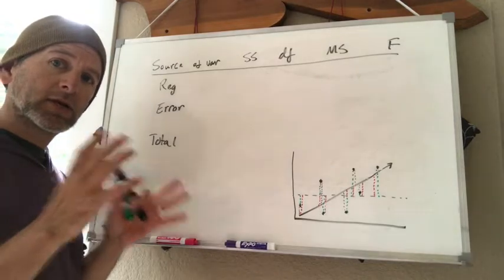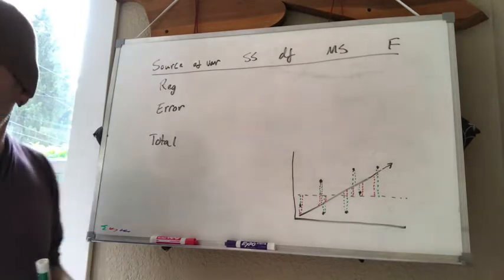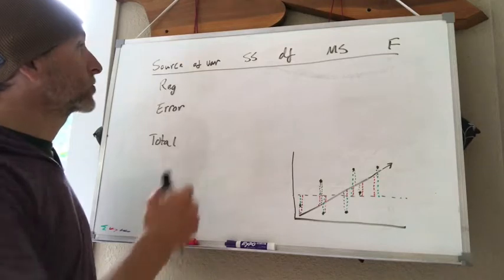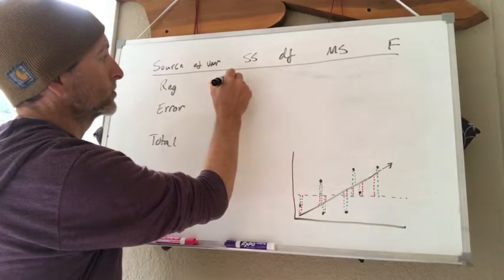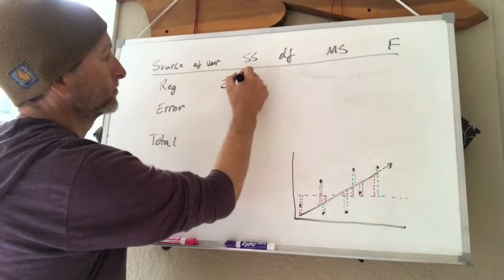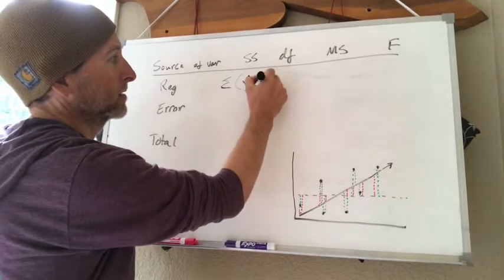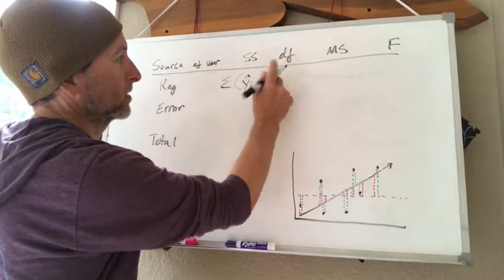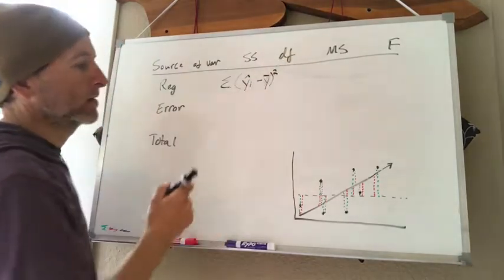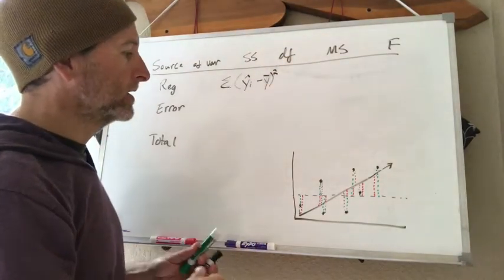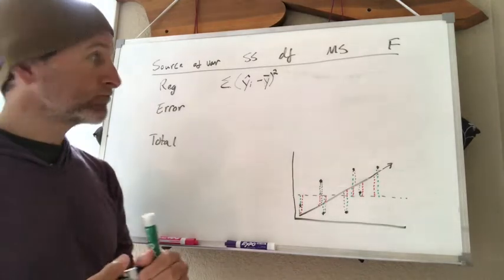Okay, so we're here at the table, and let's break down our sources of variation, first starting with regression. So we have sources of variation in a given scatter plot, and first we could talk about our sums of squares with regard to the summation of our y sub hat i minus our y bar, squared. So this is the distance from our individual points on a line all the way back to the overall